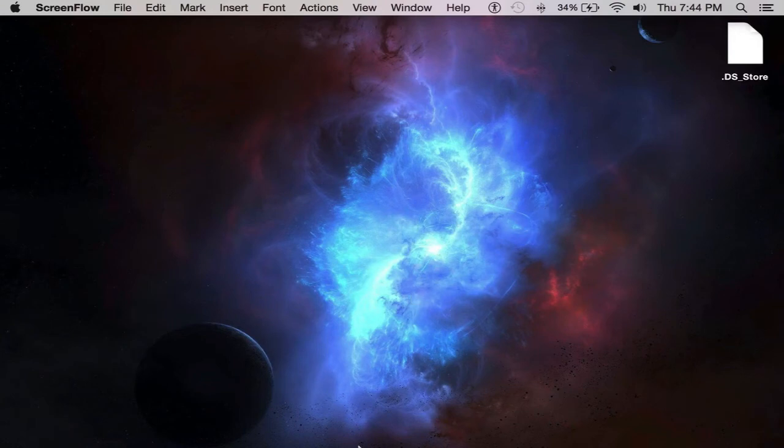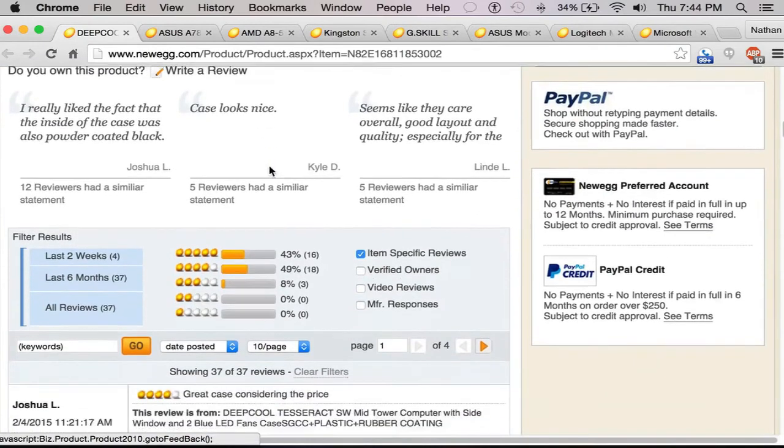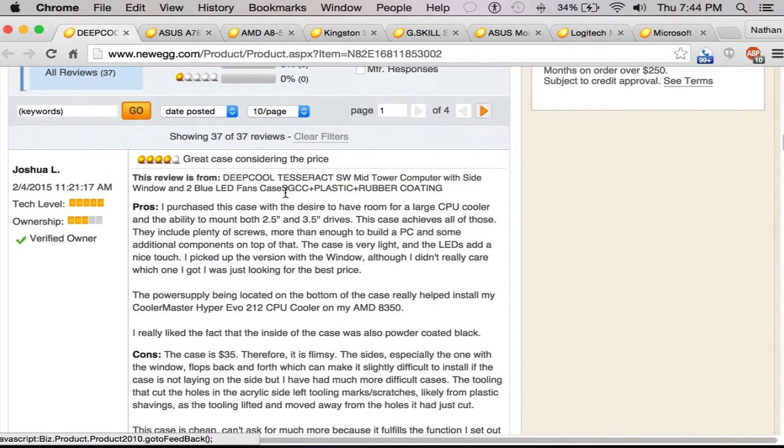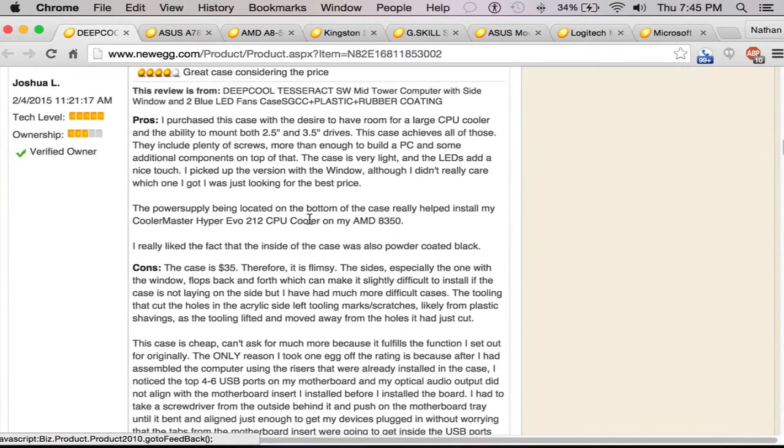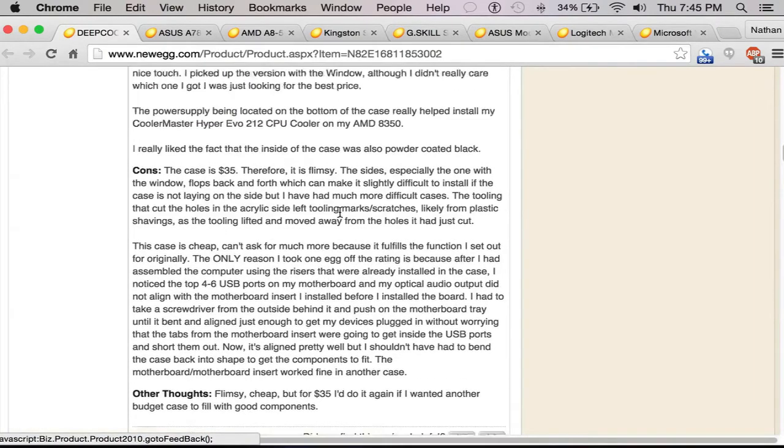We will start with the case. So this is a case from Deepcool called the Tesseract. It's a case I chose for the following reasons. Number one, the reviews were pretty decent, and the only complaints were specific to people's very specific builds. Some odd issues that really wouldn't affect you too much. There is some complaints about the metal being flimsy, but